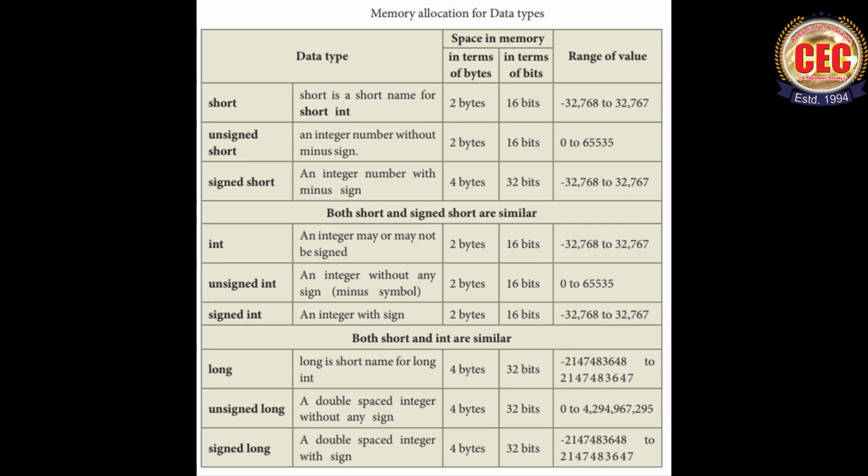And one thing to note here is that the values may vary from compiler to compiler. That is, you may have a different value for the Turbo C++ compiler and a different value for the Dev C++ compiler. Let us now jump into the programming, where we will display the size of all the data types by using the sizeof function and passing the keyword as an argument. First we will write a comment: C++ program to display the size of all the data types.